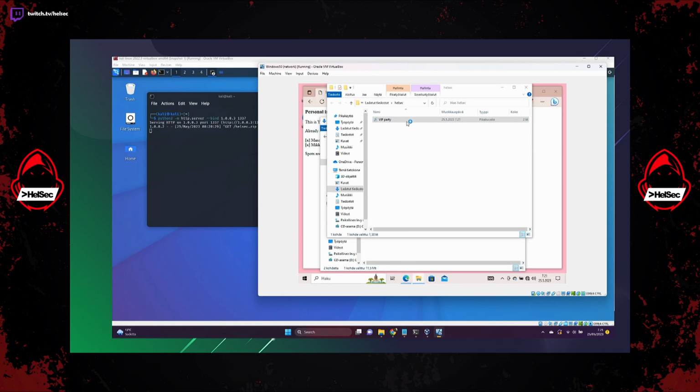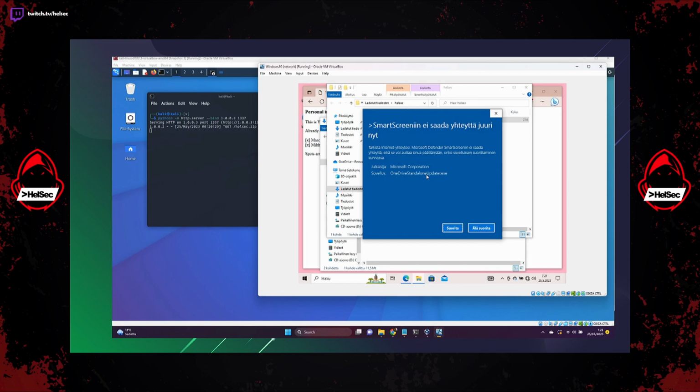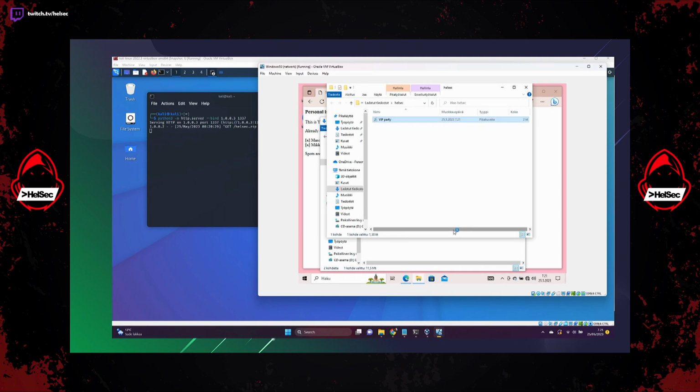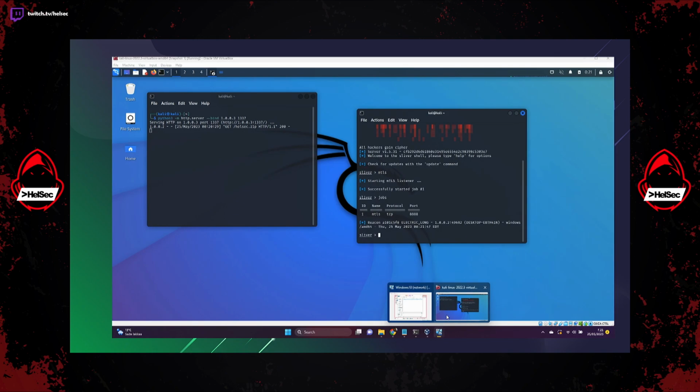The user is now clicking on the file. There's a notification here because I don't have internet connection here. It's trying to check the signature of the OneDrive updater. If you have internet connection, this notification will not be there. It's waiting for a moment. That was the delay. And if we go to the attacker's machine, we can see that there's a probe that